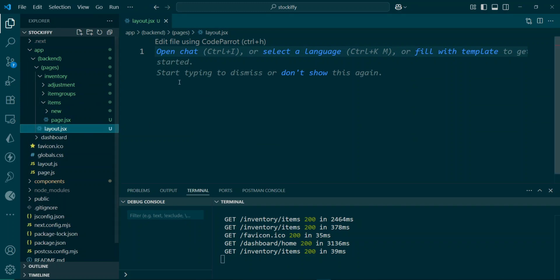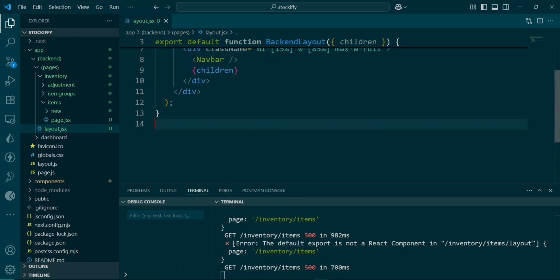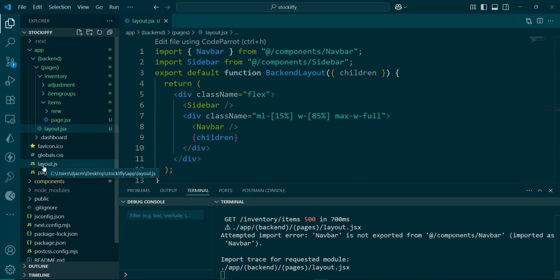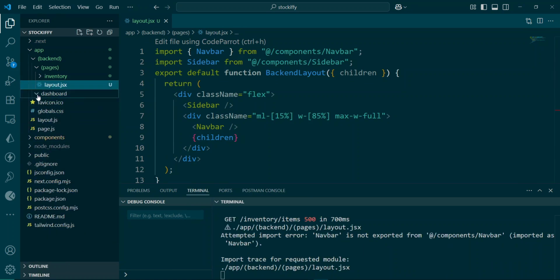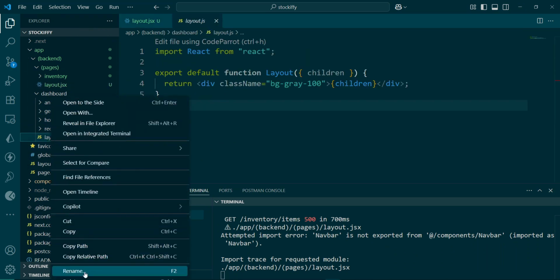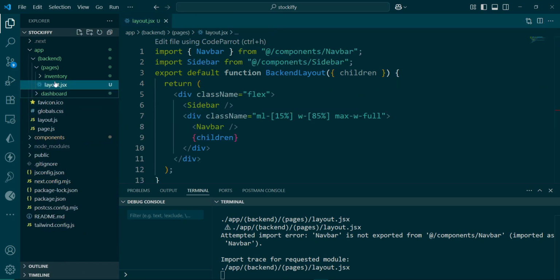So inside of this layout, I'm going to simply copy and paste my layout that is coming from the dashboard. Let me show from here. There's one here. And by the way, I can simply rename this to JSX as well for uniformity's sake. Otherwise, nothing other than that. Okay, so now that we have a layout for the pages,